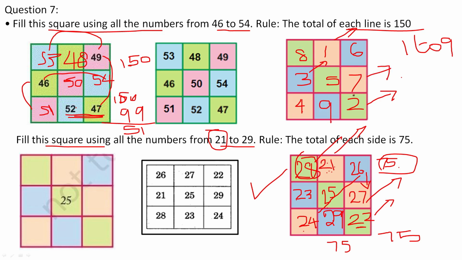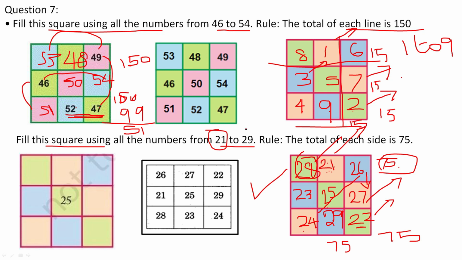Now you just add all these numbers horizontally. 9, 2 plus 9 is 11, 11 plus 4 is 15. So in each case it will come 15. Here also it is 15. Here also it is 15. The total horizontally is 15, and vertically also it is 15 only, adding.